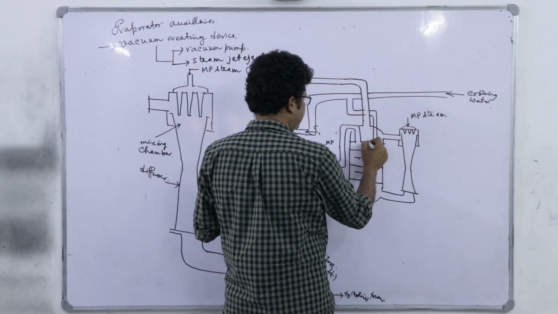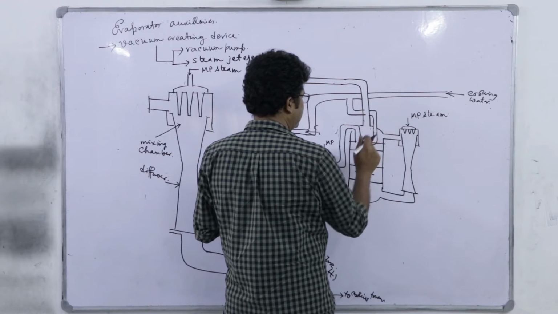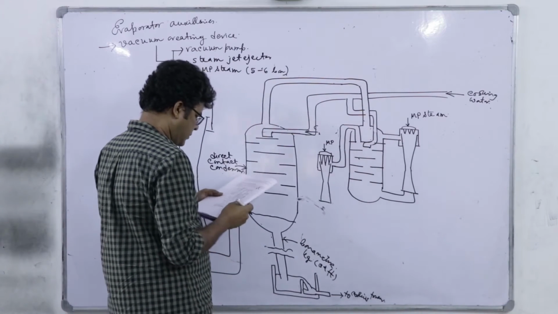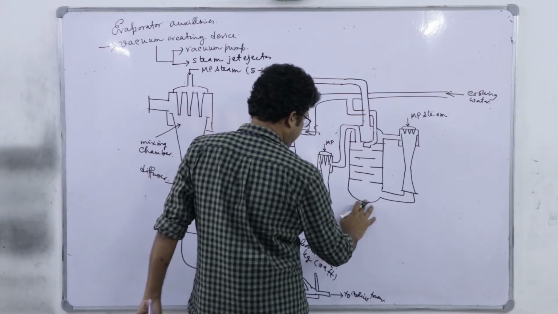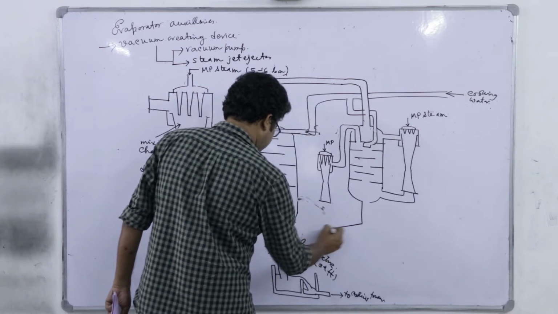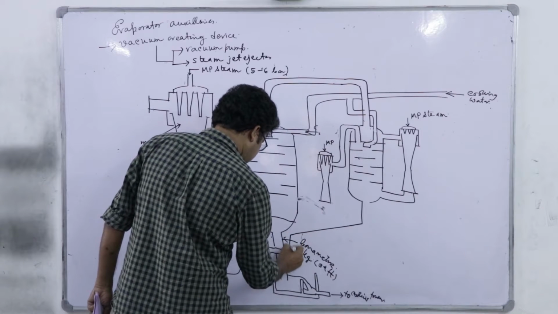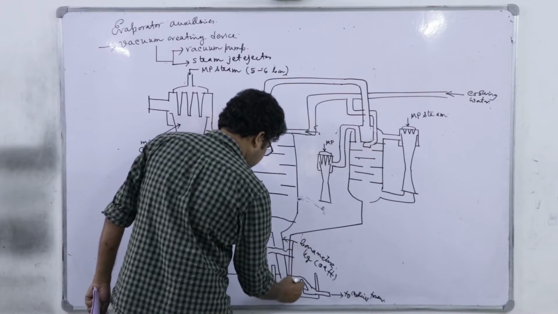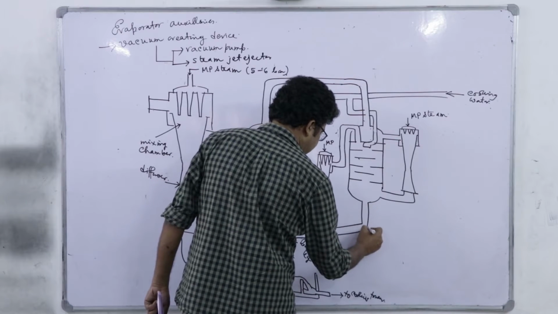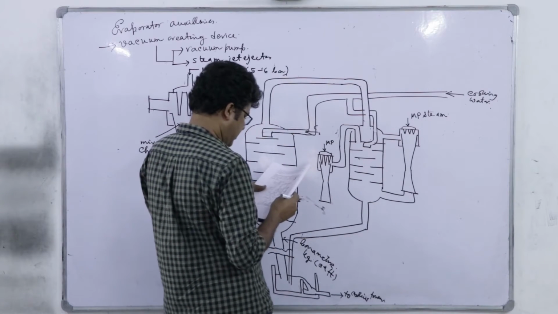Where it splashes right here. So, from the bottom of the second stage, there will be again a barometric leg giving the output in the first larger chamber of the hot well, and from here